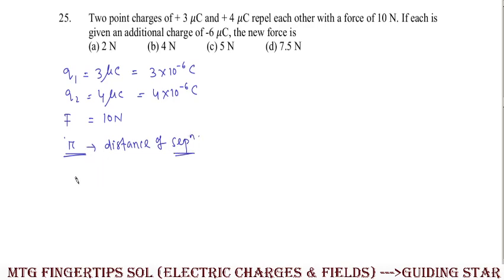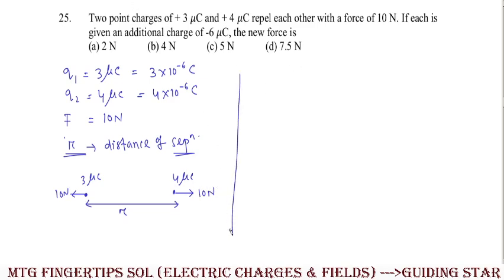Clear? So let the system be like this. This is one charge and this is one charge, this is 3 microcoulomb and this is 4 microcoulomb, and these two are separated by some distance, let it be r. Both are positive, so both will repel each other. The force between them is 10 Newton, and here 3 microcoulomb will repel the 4 microcoulomb charge with the same force, that is 10 Newton. Clear? And right now what it is saying is that in the same system,